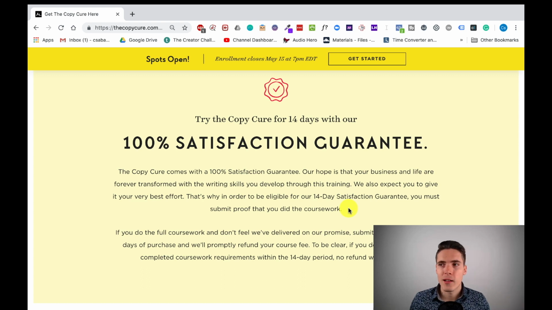Not even ask for a refund, but they will sometimes go directly to their bank and request a chargeback. So it's a bad situation. And this way, Marie, she has a big business. She's very comfortable sacrificing a few sales because of this, but getting higher quality customers and higher quality students